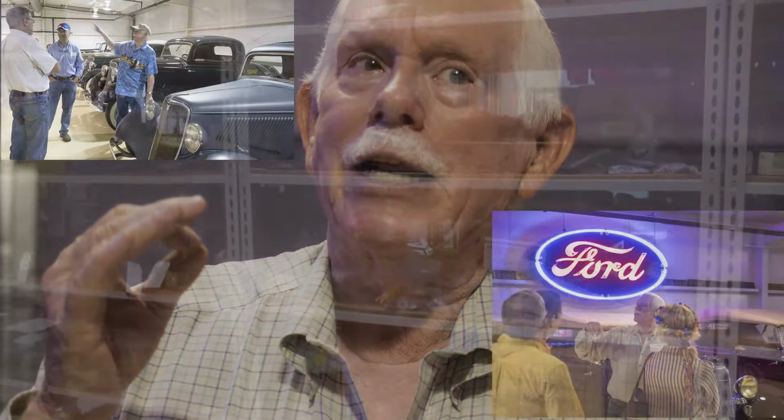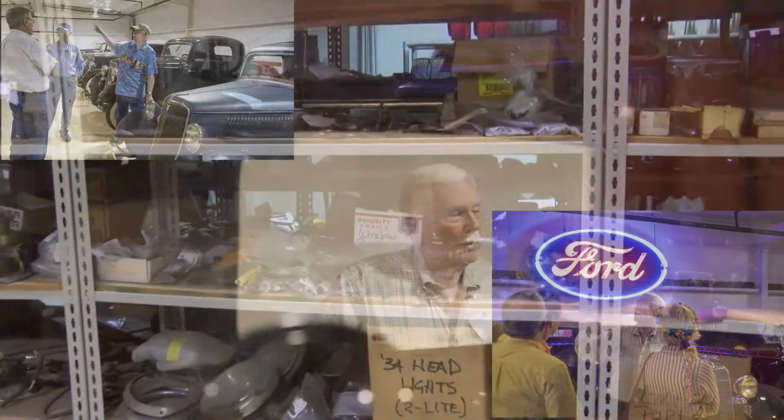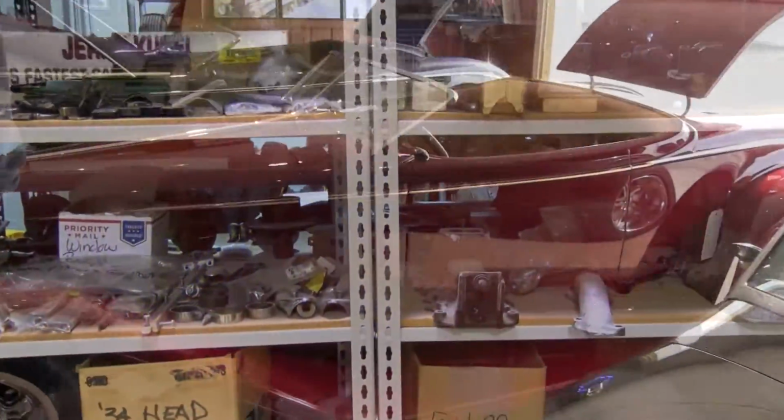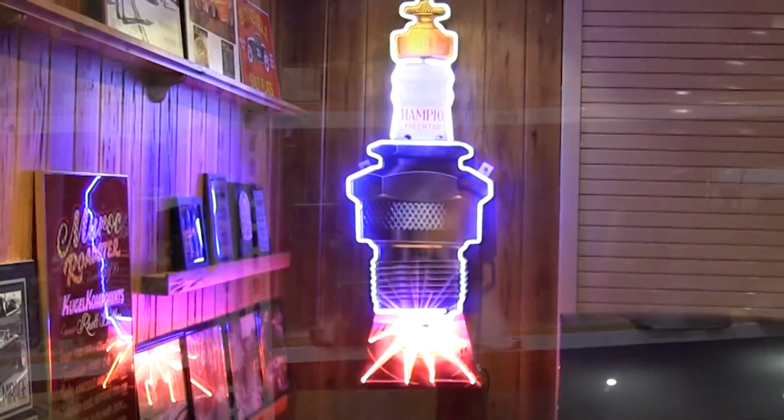Rhett's collection is both wide and deep. It ranges from completely untouched to fully restored, with several in process along the way at any given time. A quick random sampling of Rhett's collection includes